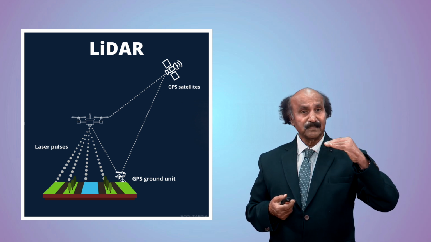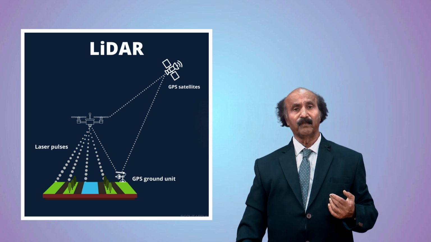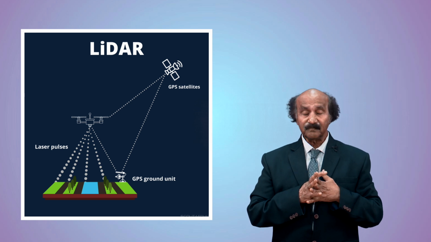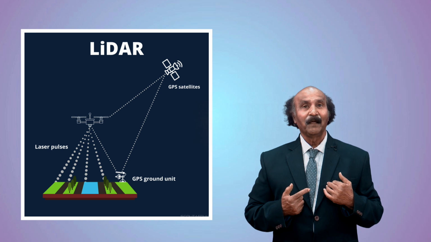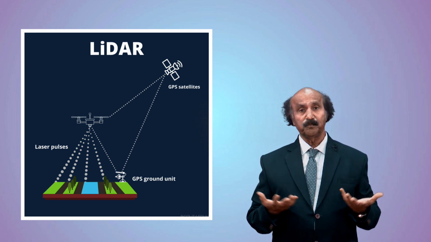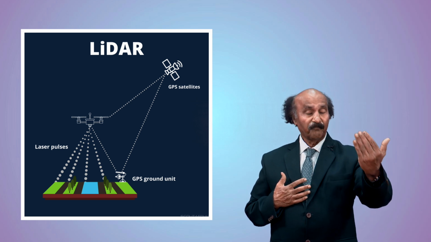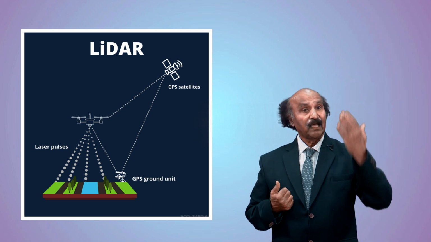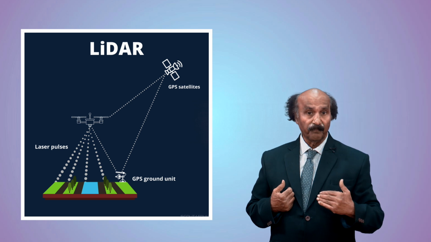The time difference: the radio wave is like a light wave, it is an electromagnetic wave. The speed of the radio wave is the same as a light wave, 3 into 10 power 8 meters per second, or 3 into 10 power 5 kilometers per second, such a very high speed. So even if an enemy aircraft just goes up in the sky in Germany,